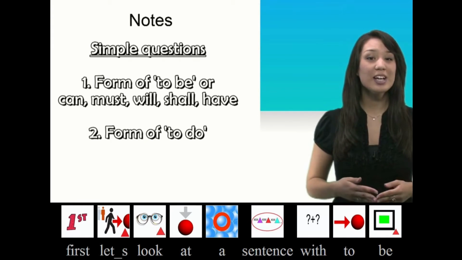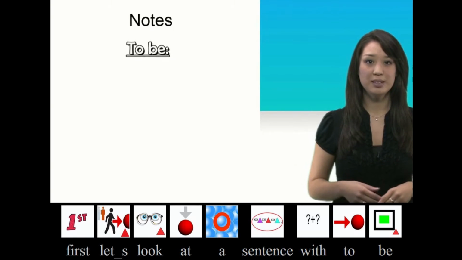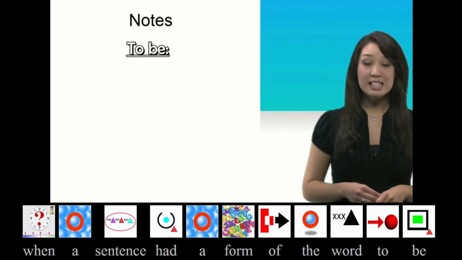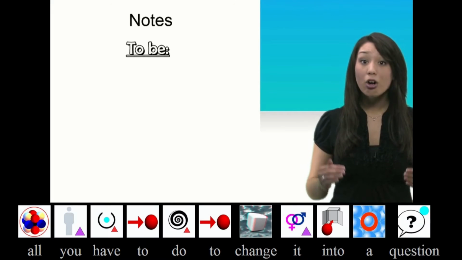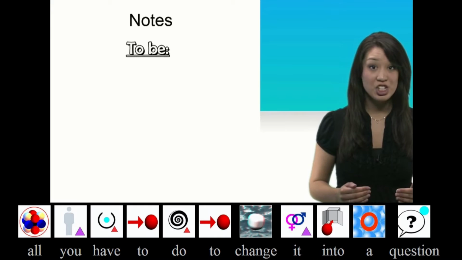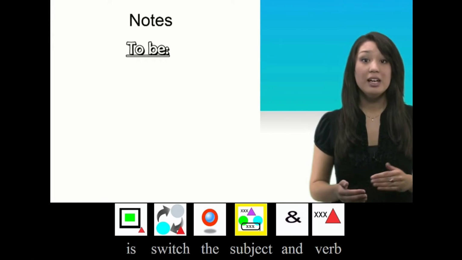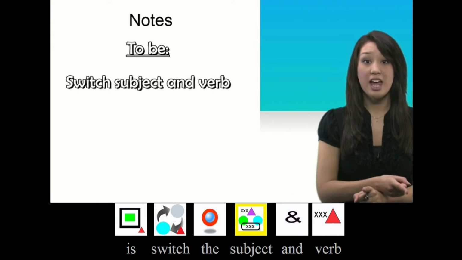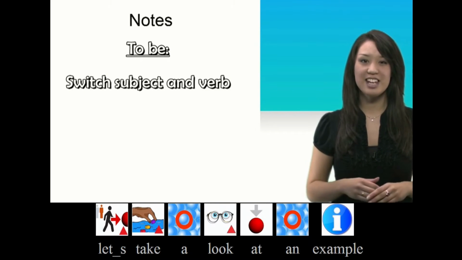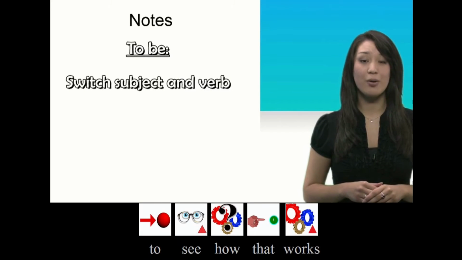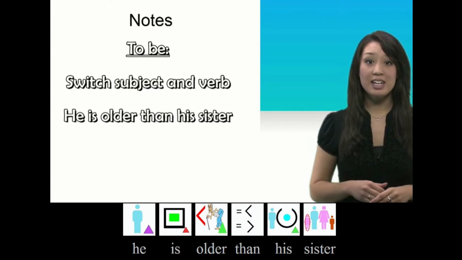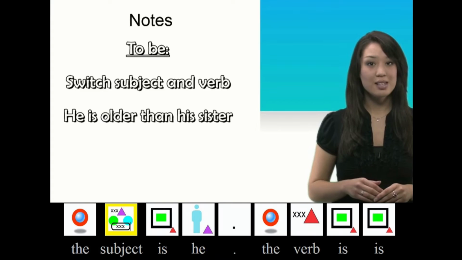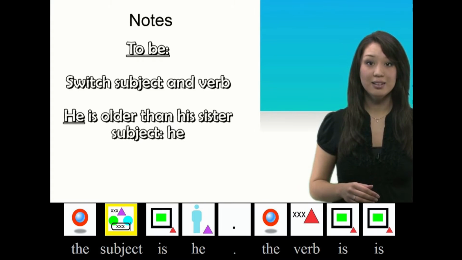First, let's look at a sentence with to be. When a sentence has a form of the word to be, all you have to do to change it into a question is switch the subject and verb. Let's take a look at an example to see how that works. He is older than his sister. The subject is he. The verb is